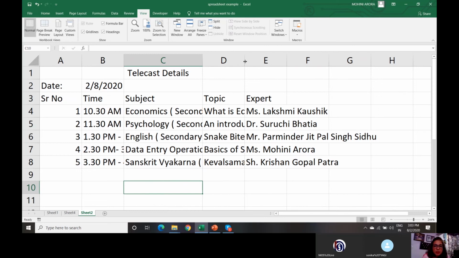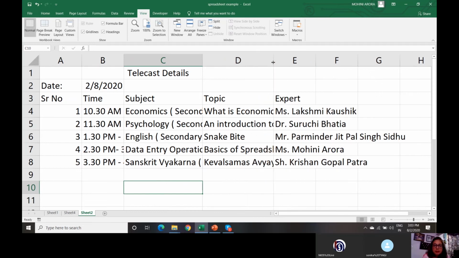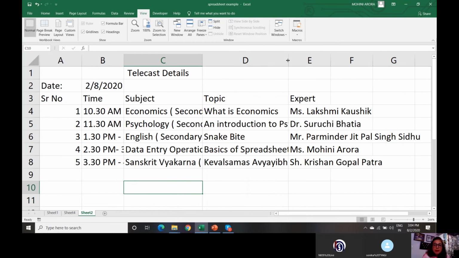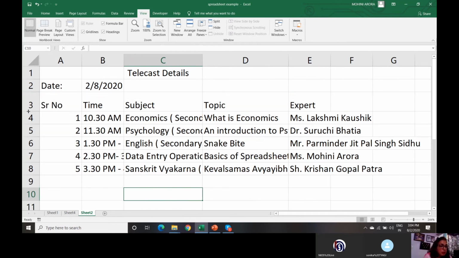Right? Similarly, if you want to increase this, simply click and drag. So you can see that I am able to increase the width of my column, so that my data is able to fit in that particular column. Similarly, you can even change the row height by clicking and dragging. Bring your mouse pointer to the border of the row which you need to modify, and simply click and drag.